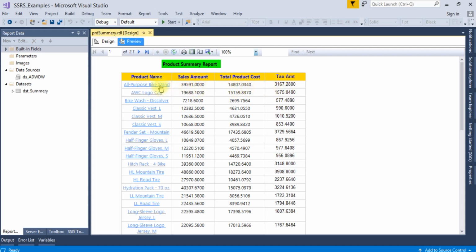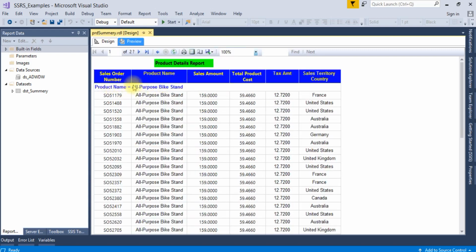If you click on it, you will see the details of that product name, like sales amount split into different sales order numbers, total product cost, tax amount, and sales territory country. We can see all the details about a particular product name.